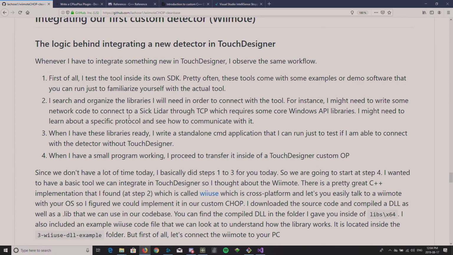After that, if I find some stuff like this, I start using some of the libraries and test them inside of a command prompt application. For instance, this is what I did for the Wiimote. I found on the internet a lot of different libraries, but one seemed to come out a little bit stronger. It's called WiiUse. I think I linked it inside of the README, but it's multiple OS,